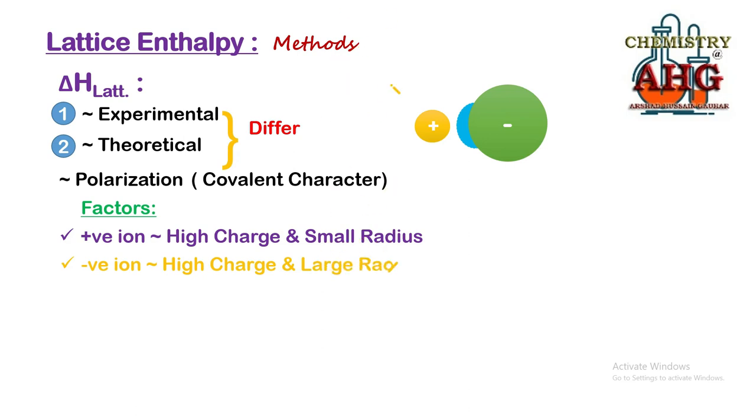Remember, polarization is a relative term. If I give you a single compound and I ask how much polarization it would have, you cannot tell. You can get and you can explain an exact idea of the polarization when you have been given two or more than two ionic compounds, and when you apply these factors. So whenever these factors are there, it means that compound would have more polarization. So remember, polarization is always a relative term.